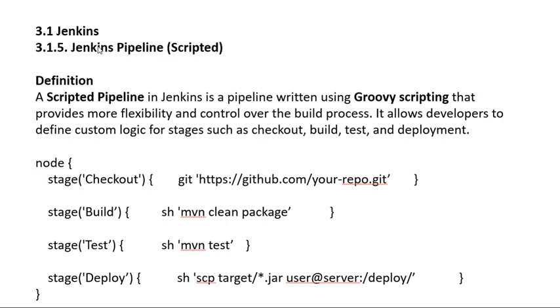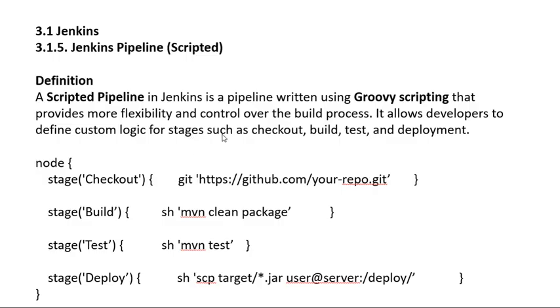And the fifth topic is Jenkins pipelines: scripted. First, as Jenkins pipelines as a declarative has to know, and after that a scripted. Scripted pipelines in Jenkins are pipelines written using Groovy scripting that provide more flexibility and control over the build process, and it allows developers to define custom logic for